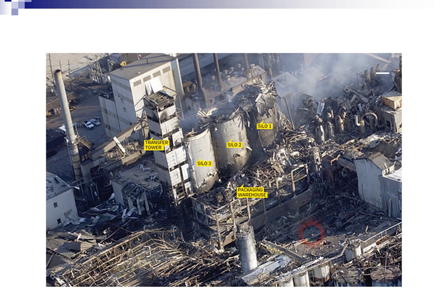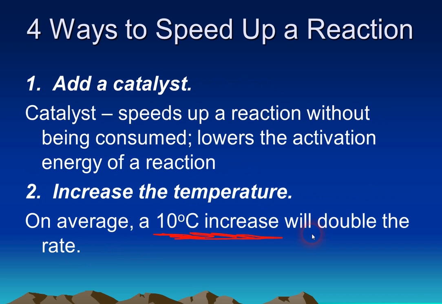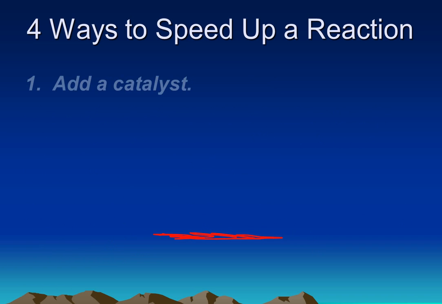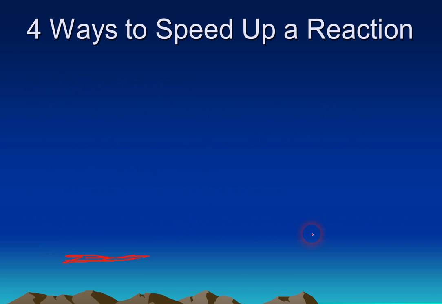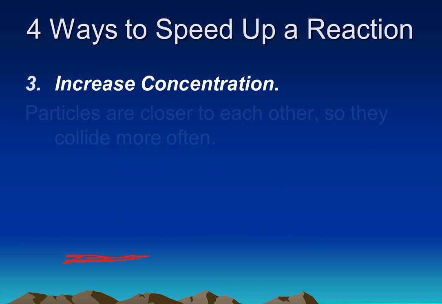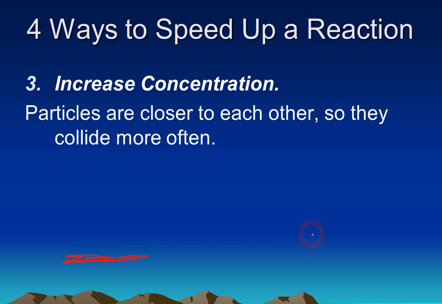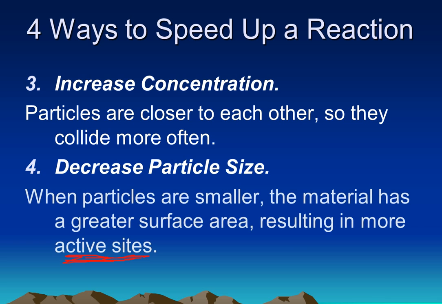And so once again, the 4 ways to speed up a reaction: add a catalyst, increase the temperature, increase the concentration. Sometimes if you're talking about gases, we'd say increase the pressure, basically the same thing, or decrease the particle size. And so that's our introductory discussion for heat and energy in